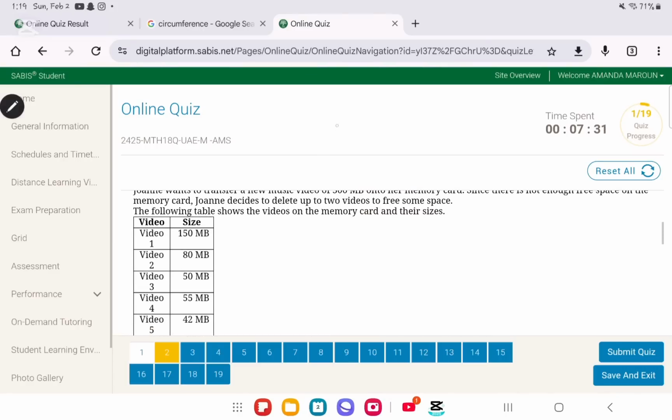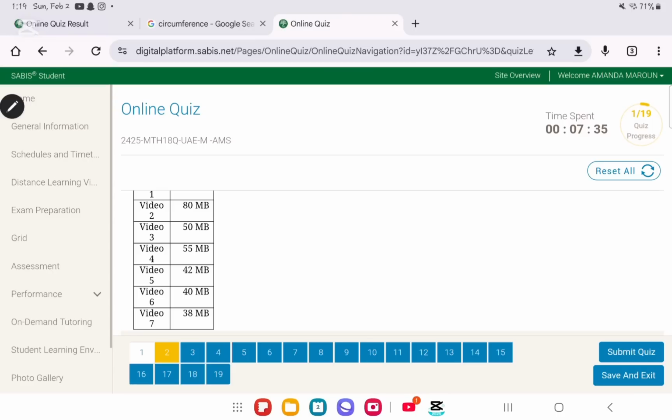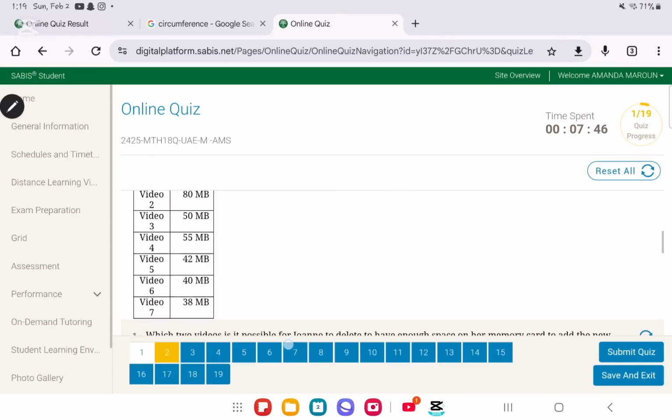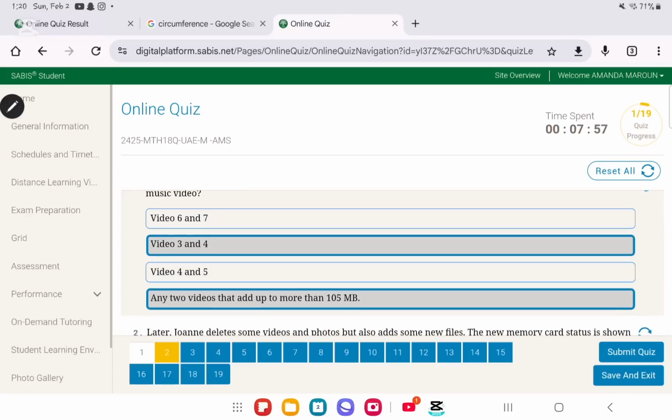I was here. We said this one. So if we're gonna take videos 3 and 4, 3 is 50 megabytes, 4 is 55, together they're 105. 105 is equal to 105, so we are gonna take it. However, video 4 and 5, it's 55 plus 42. It's gonna give us 97. 97 is less than 105. So definitely the only options are any 2 videos that add up to more than 105 megabytes and video 3